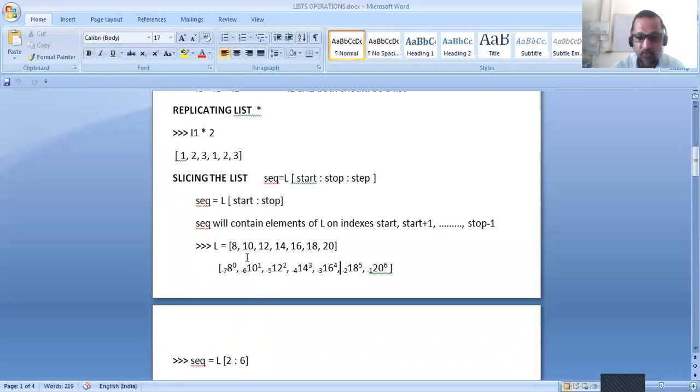It means 5. Index 2 is 12, and it goes up to index 5, which is 18.